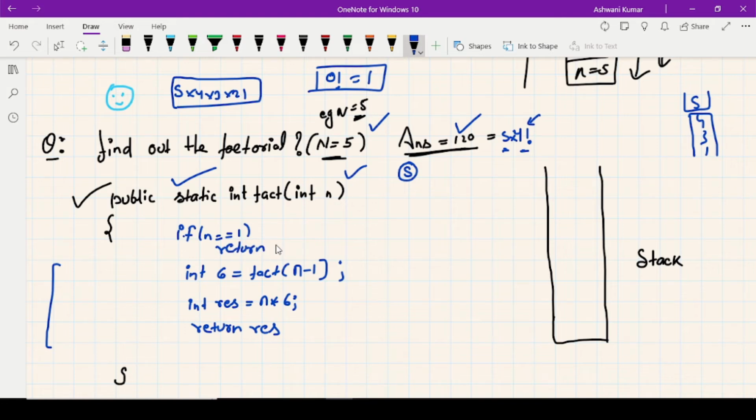And what do you want to return? You want to return 1. Otherwise, if you return 0, then it will all become 0. Okay, so let me write the code for you, but before writing the code, let me make you understand the